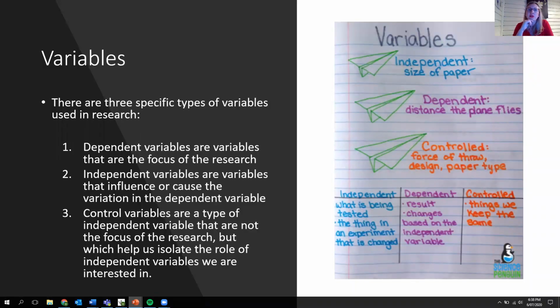So to recap, 3 specific types of variables are used in research. Our dependent variables, I always think that's the one that we can find most easily, all right? That's the one that is the focus of our research. That's our variable of interest. It is dependent upon other variables, all right? The independent variable. This is the one that I'm saying will influence or predict or cause a change in my